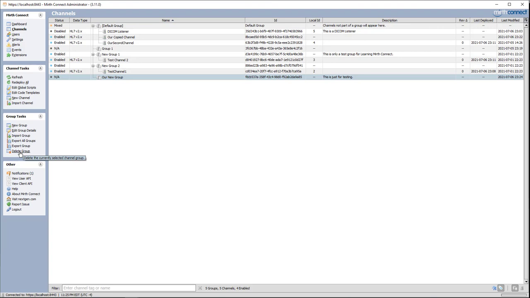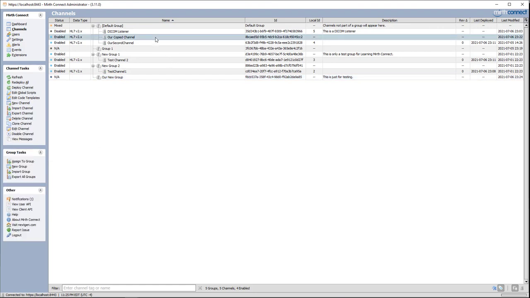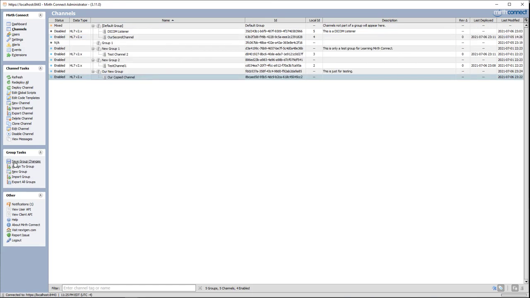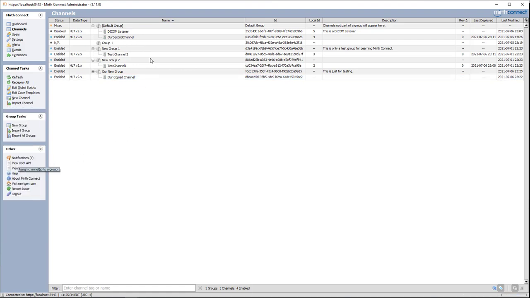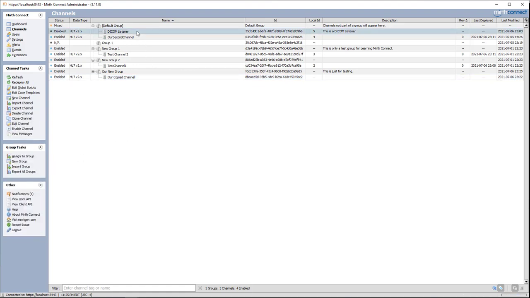Now we can assign channels to groups in a few different ways. So we can select our channel. We can drag and drop our channel into our group and save changes. Or we can select the channel and go down to our group tasks